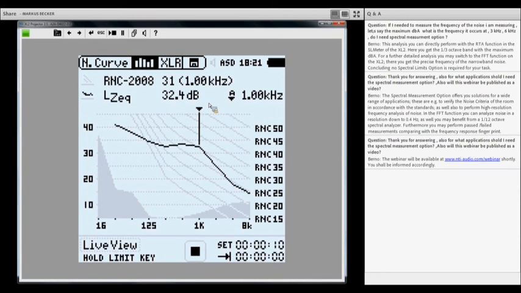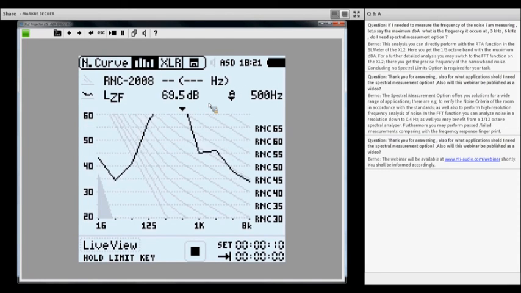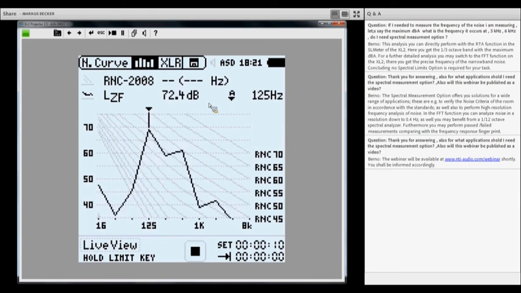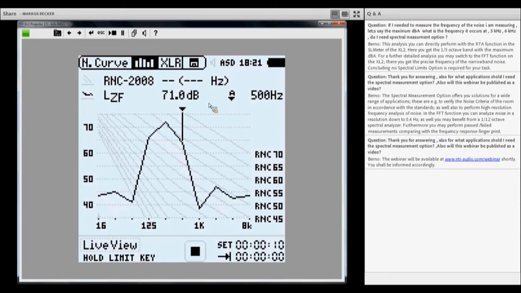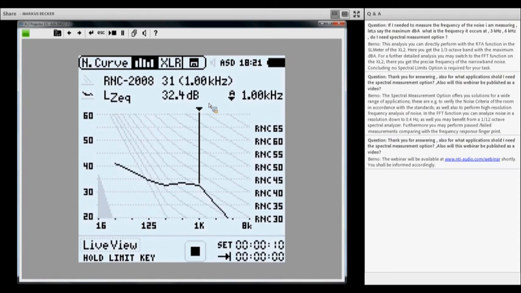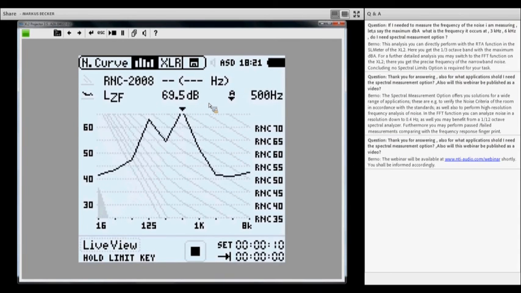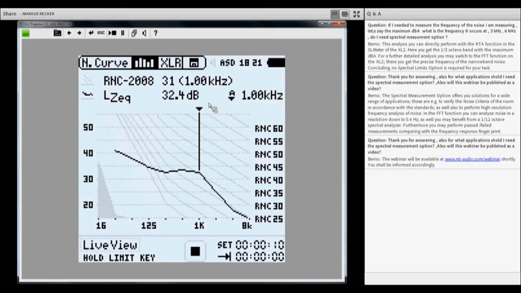And another hint I want to give you is that by pressing the limit button on your XL2, you can take a look at the live situation. So now I'm pressing that limit button, and the reason why I'm talking here is that there is a very flickering curve now present, but this gives me the chance to toggle between the recorded result and the live result. Just press the limit button.